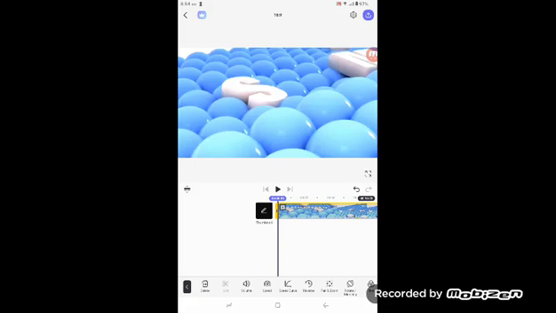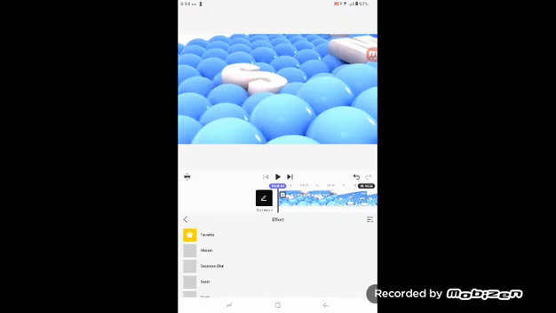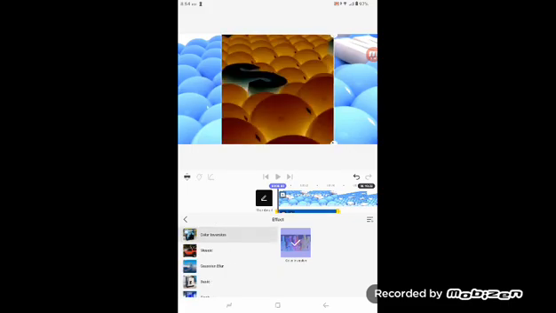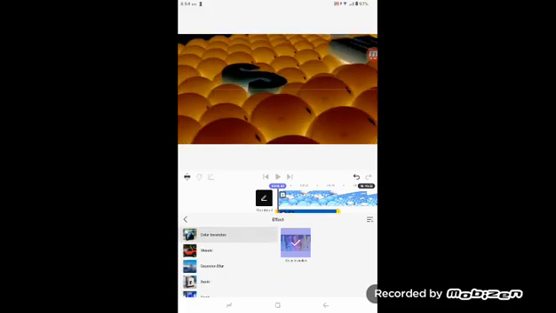twice. And then press effect, and then find color inversion. Find color inversion. Press color inversion. Press arrow to,